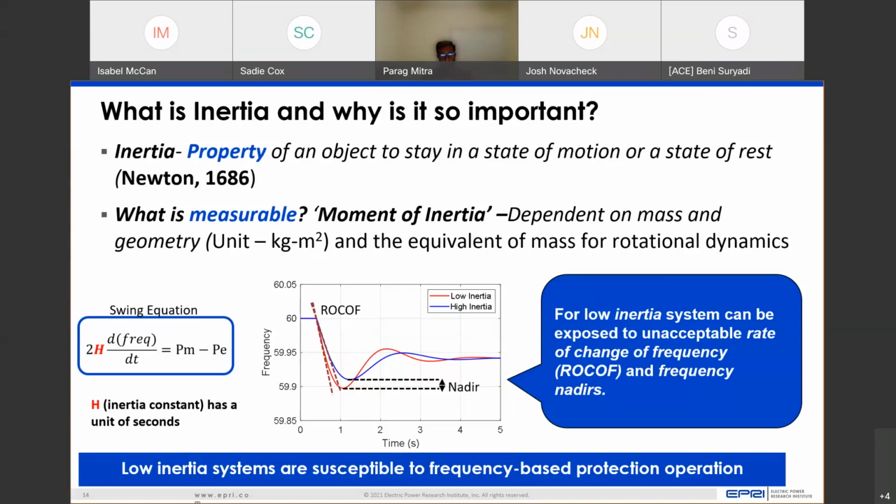So what is the main takeaway? If a system has low inertia, it can be exposed to unacceptable rates of change of frequency that can trip some frequency sensitive relays, or the frequency of the system can drop below a certain level, and that can trigger under frequency load shedding in your system. Because of that, most utilities are concerned about the inertia of the system, and essentially everybody wants to get a sense of, or estimate, the value of H. So moving on,